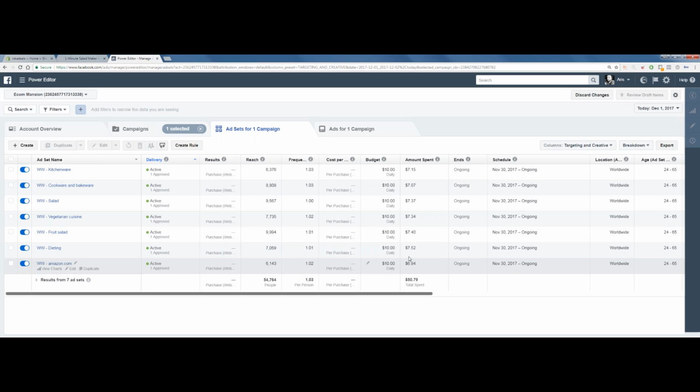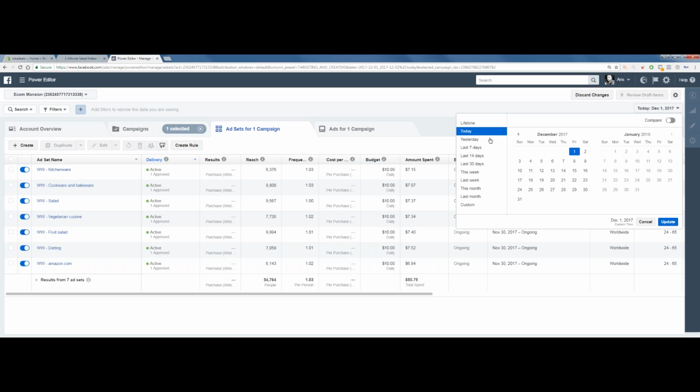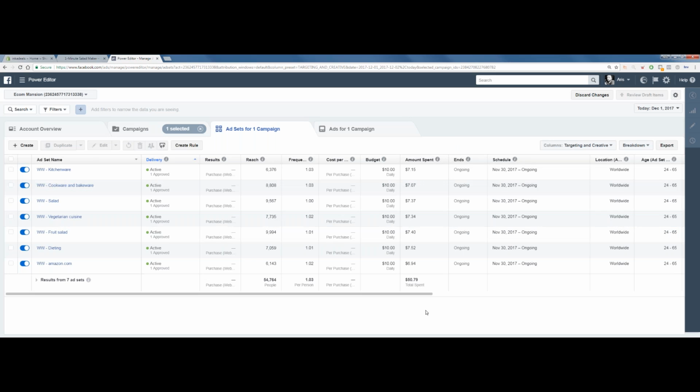I checked the 2nd day, through filtering right here, and the add to cart prices were high. I checked yesterday, the add to cart prices were high. I checked the day it was launched, the add to cart prices were even higher, so it means it was getting better. And today, the prices were completely low. So it means Facebook was still optimizing the product.